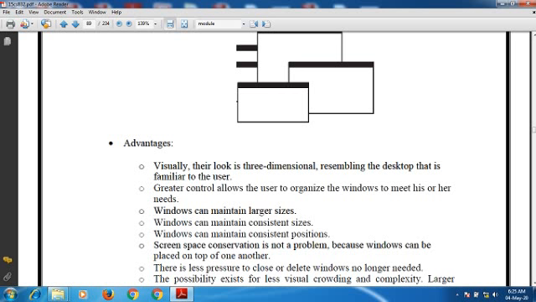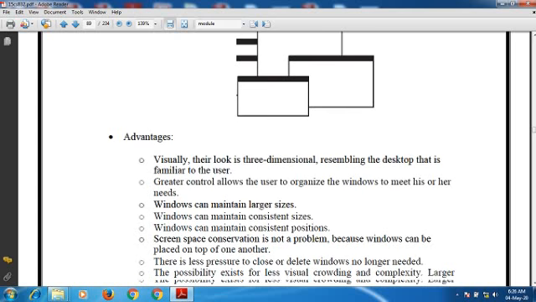A window can maintain larger sizes. A window can also maintain consistent sizes as well as consistent positions. Screen space conservation is not a problem because windows can be placed on top of another window. There is less pressure to close or delete windows that are no longer needed. The possibility exists for less visual crowding and complexity.